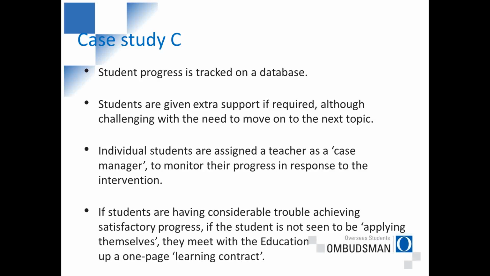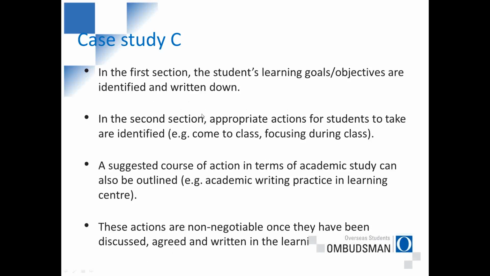or they're seen to not be applying themselves sufficiently, then they meet with the educational manager to draw up a one-page learning contract. The learning contract is something that we've seen, so it's either a learning contract or it can be called an intervention strategy or learning agreement, setting out what's being discussed, what the student has to do, and that makes it